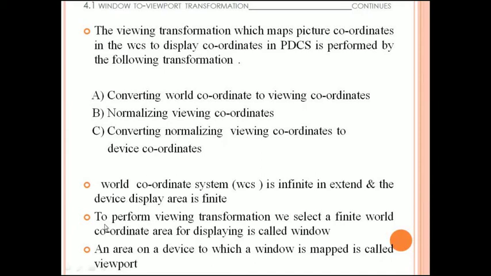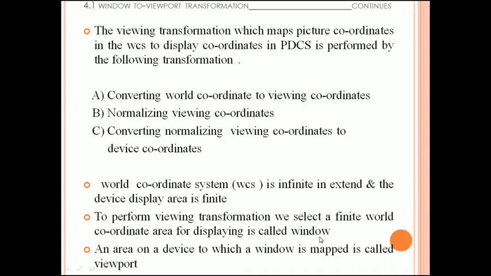Then to perform the viewing transformation, we select a finite world coordinate area for displaying, which is called a window, and the area on a device to which a window is mapped is called a viewport.